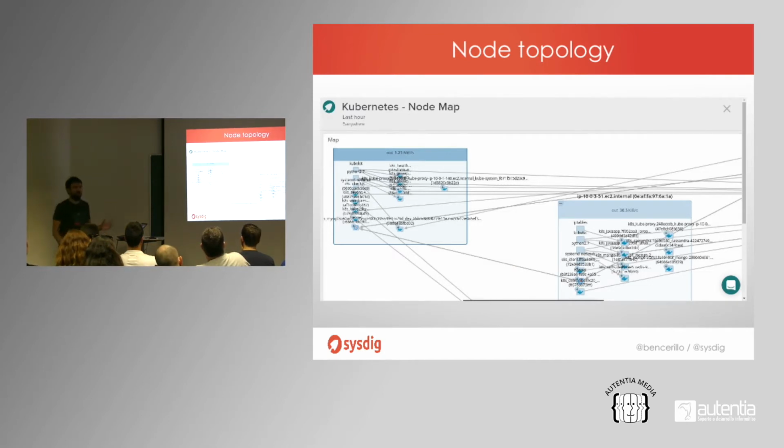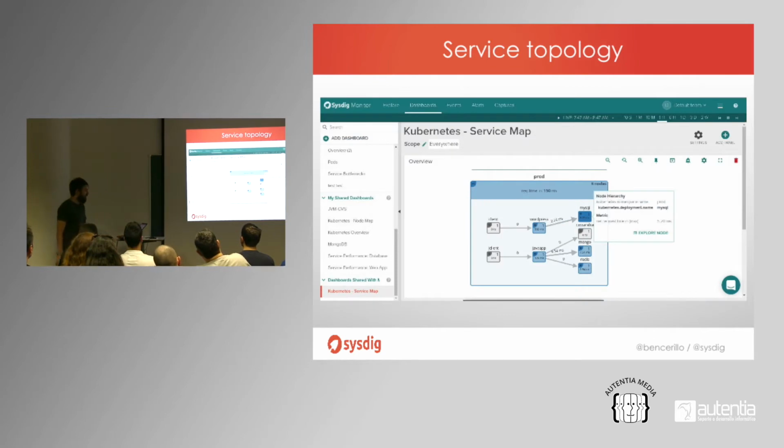this. In our company, there are a lot of Italian people, and they call this the spaghetti dish, because you see all the containers running in all the hosts, moving around, the different communications between them. It's kind of a nightmare, because what we want to see is something like this.